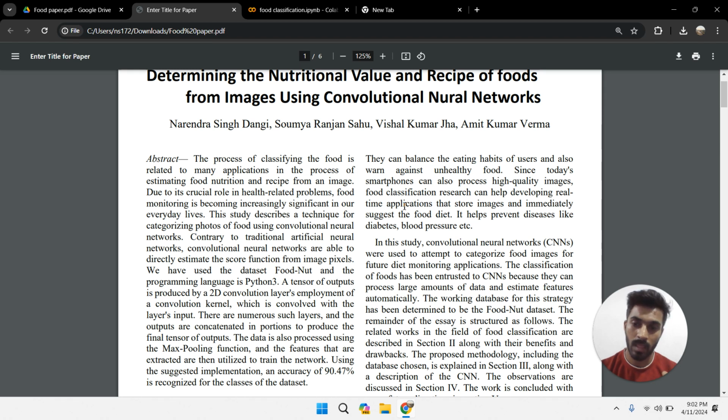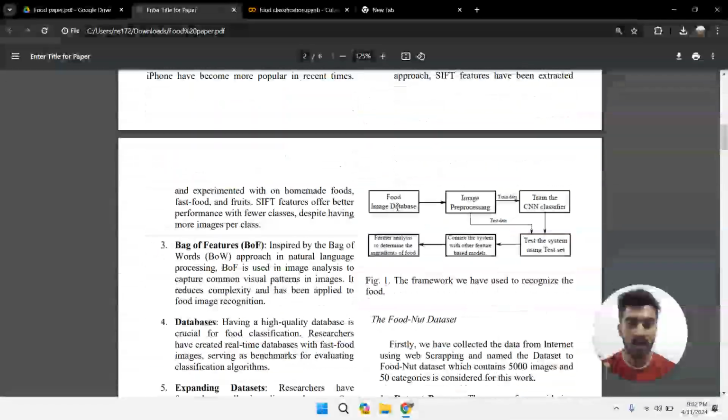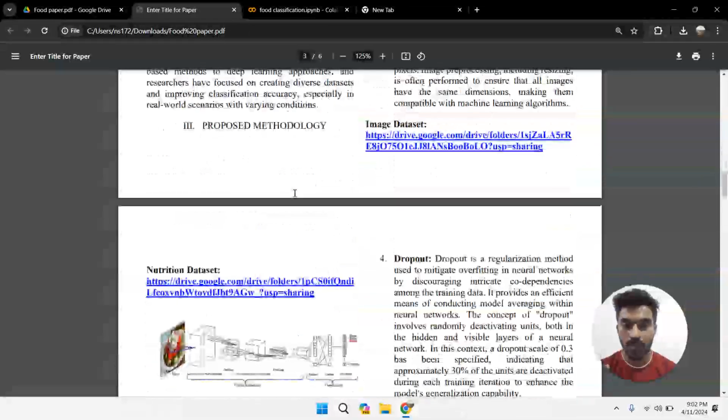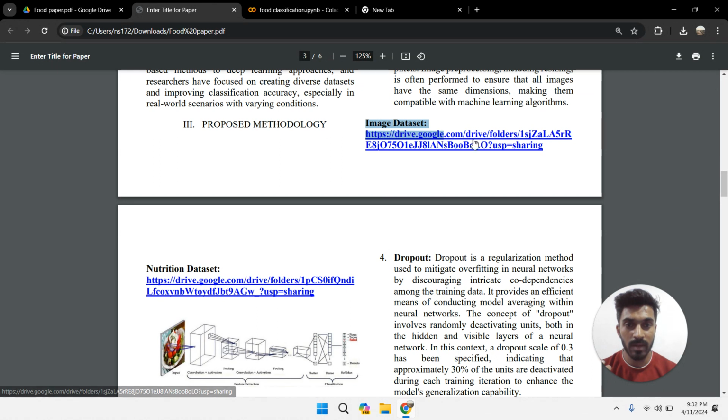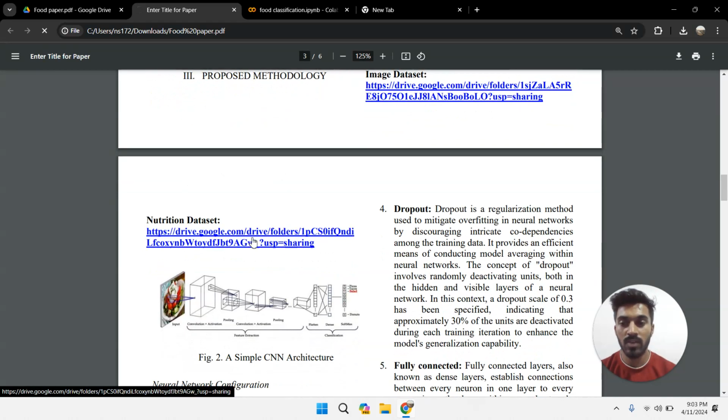Directly this will call the TF Lite model, and the TF Lite model will understand what the image is and classify it, and according to the classified image we have a nutrition data set also. So let's understand what this is. Basically this is our image data set. We have 30 different categories. Firstly we classified only 30 categories, then later we will extend to 200 and 1000 categories, with different images. And this is our nutrition data set.